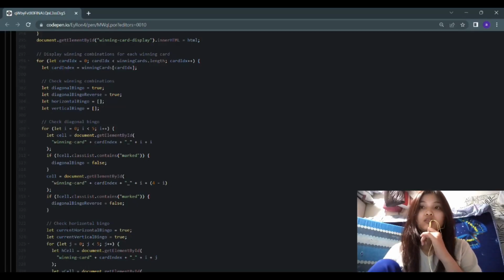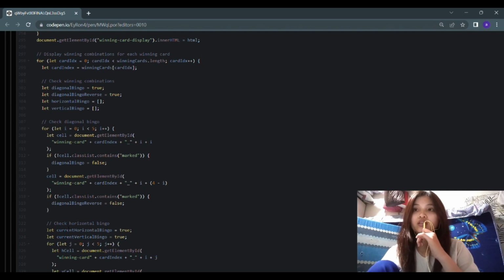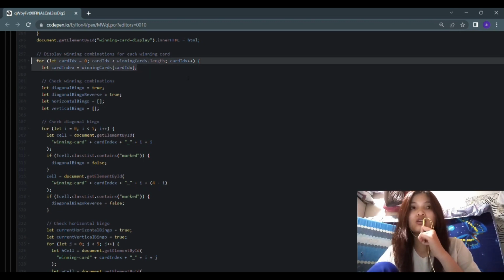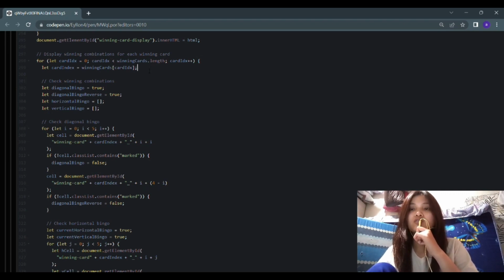So I will be the one to explain lines 297 to 381 of the JavaScript of our program. Here we use a for loop to display the winning combination for each winning card. So for let cardIdx equals 0, cardIdx is less than the length of the winning cards, it will increment the cardIdx. Once this loop is satisfied, it will let the card index be the winning card. It will repeat the process until it does not satisfy the condition. So next is checking